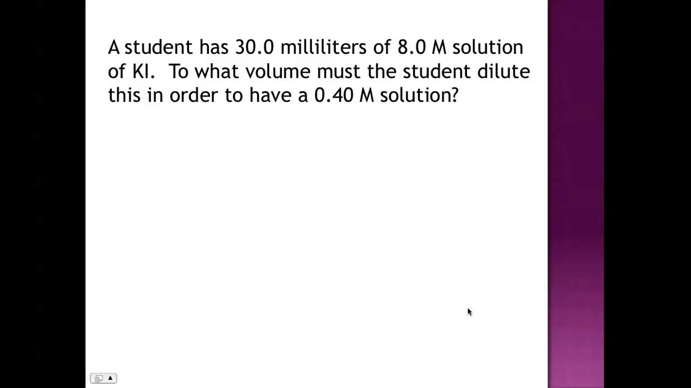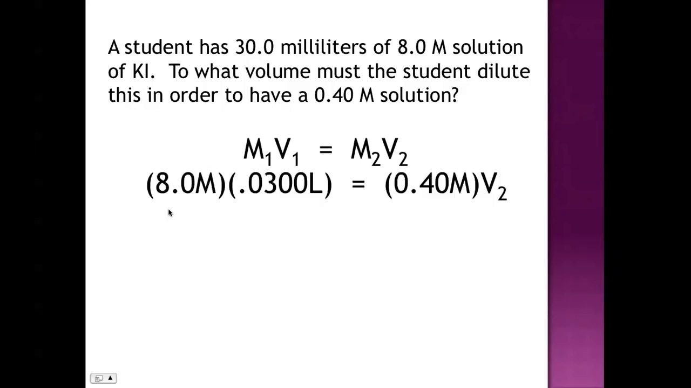A student has 30 milliliters of an 8 molar solution of potassium iodide. To what volume must the student dilute this in order to have a 0.4 molarity solution? I use this calculation all the time when I'm preparing solutions, especially in our acid and base unit that's coming up. I'll use this so I can dilute it correctly. So here I have M1V1 equals M2V2. We're going to plug in the fact that we have an 8 molar solution and we have